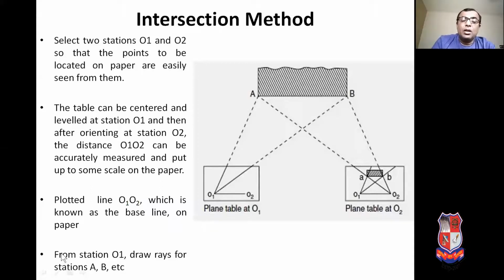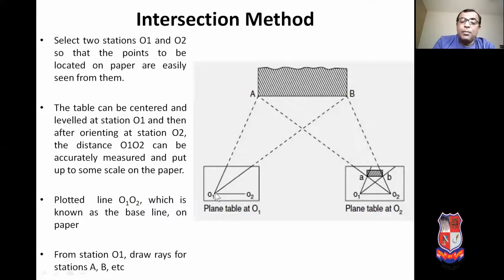Now from station O1, keeping the alidade touching the station O1, we have to bisect the object A. After bisecting, we have to draw a line along the fiducial edge of the alidade, so you will get this line.